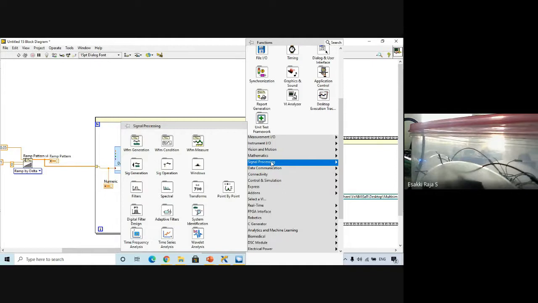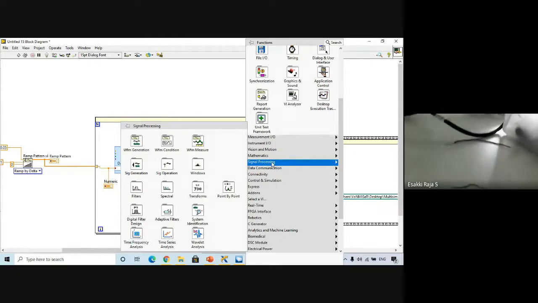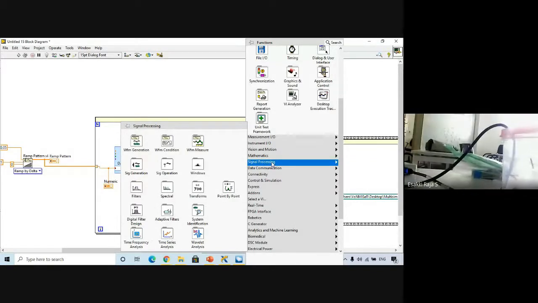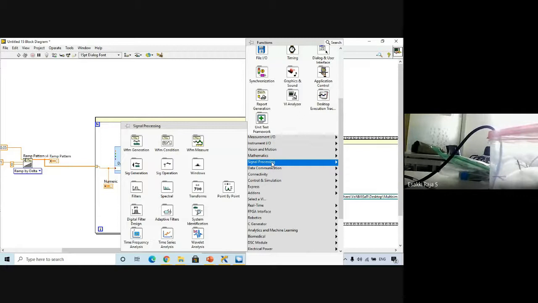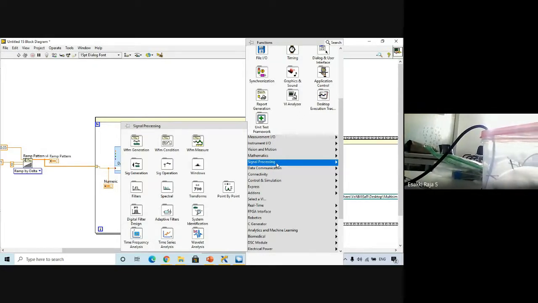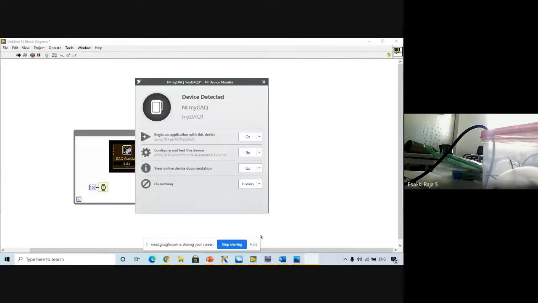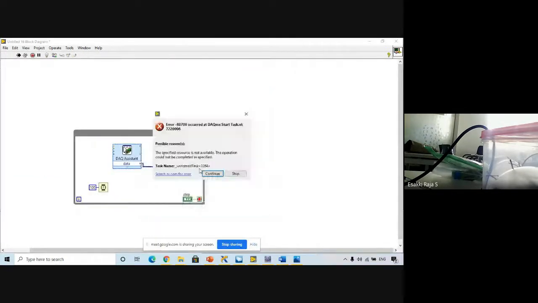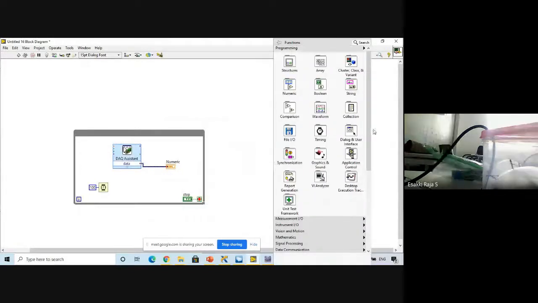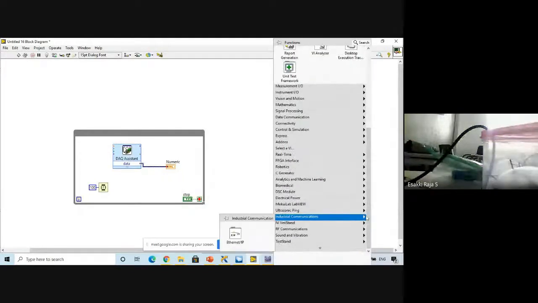So this is the hardware which we use, that is NI myDAQ. That hardware can be used only for simple data acquisition. Apart from that, we have other hardware with use cases in different domains, for RF or something else. We can also use this for biomedical based applications, and we can use the same for machine learning and deep learning. So we are able to apply machine learning algorithms and deep learning algorithms.